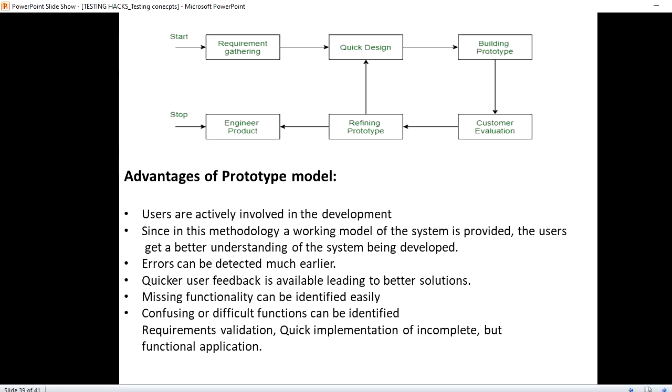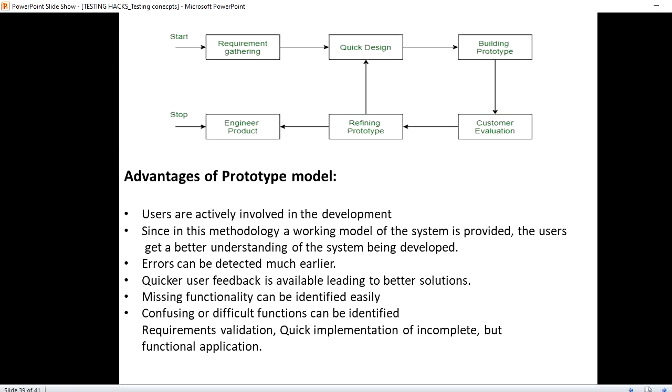Based on that evaluation, the prototype refining will happen, wherein again a quick design will be done and the prototype will be changed. Whatever modification has been requested will be done, and finally they will prepare the final product. This is how the prototype model looks.